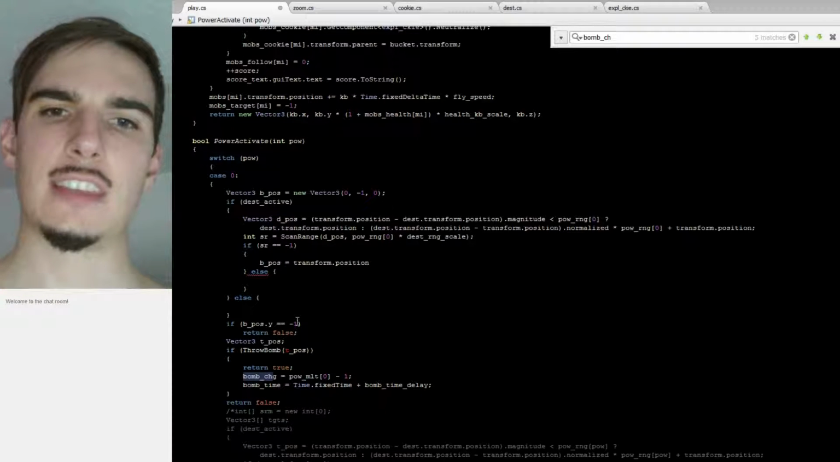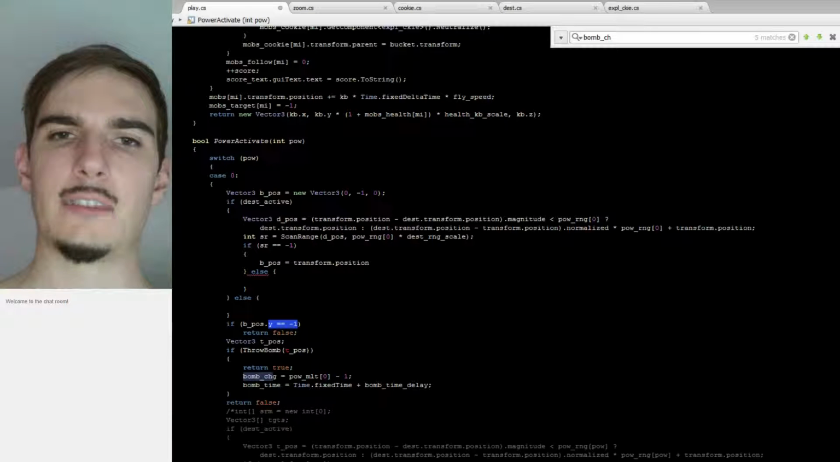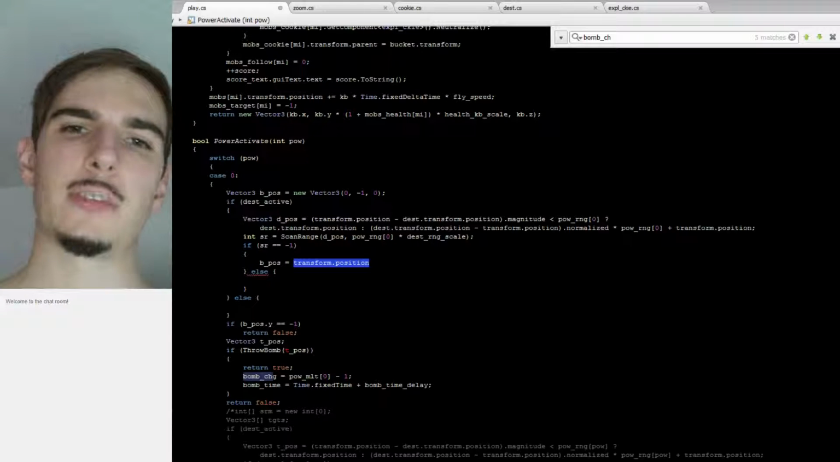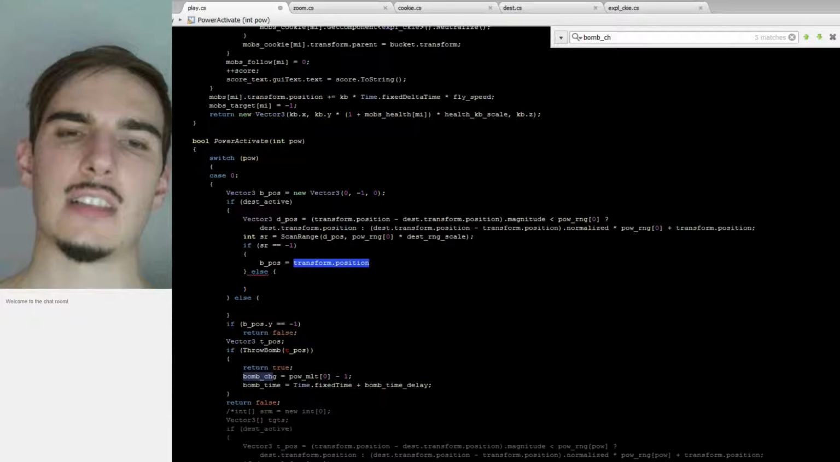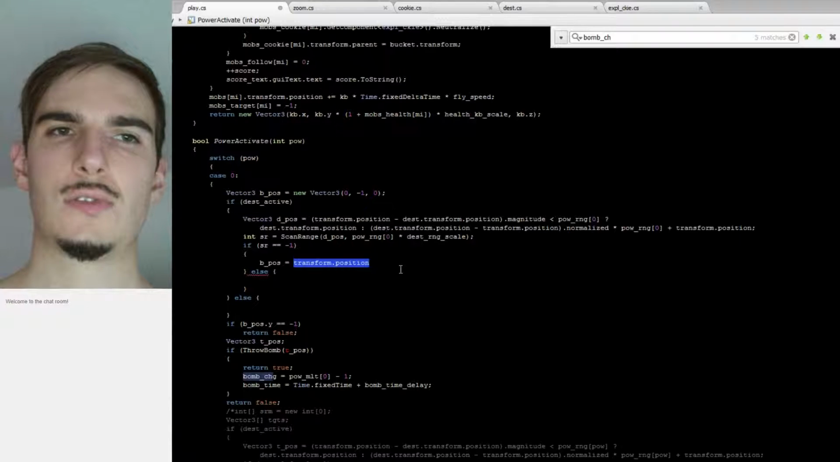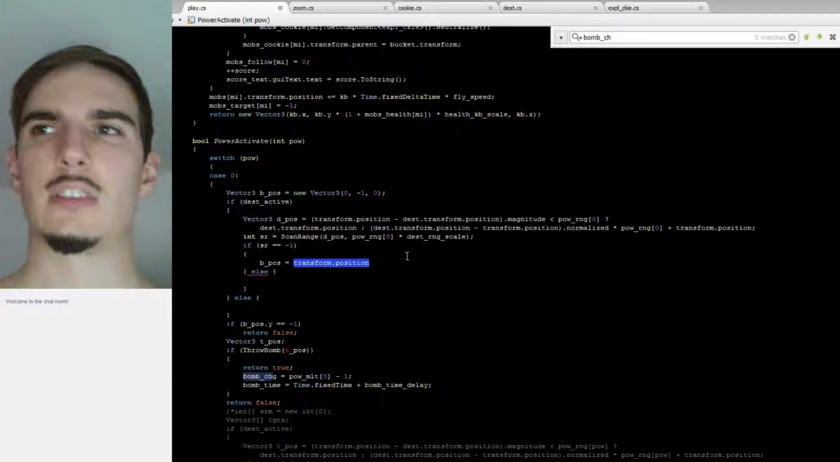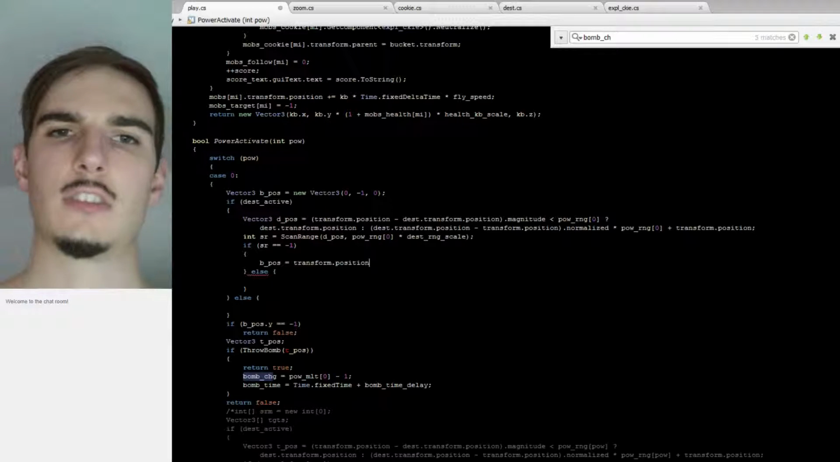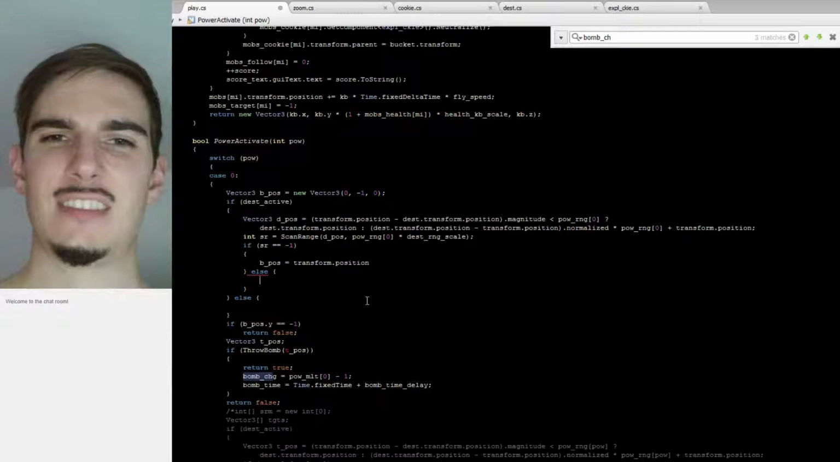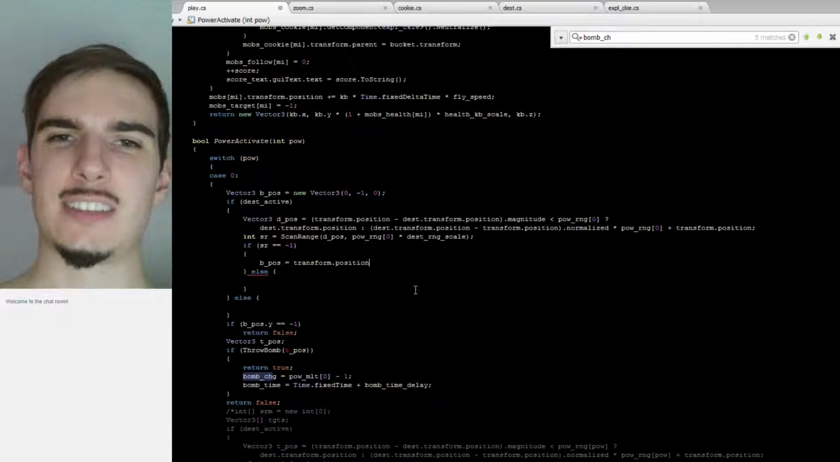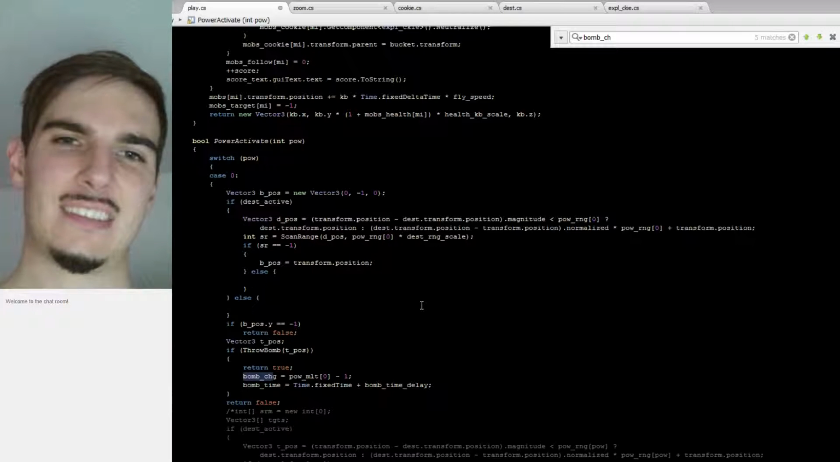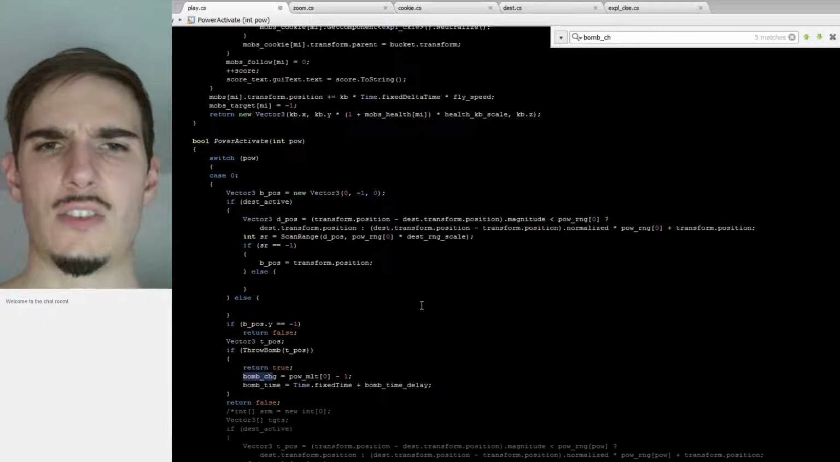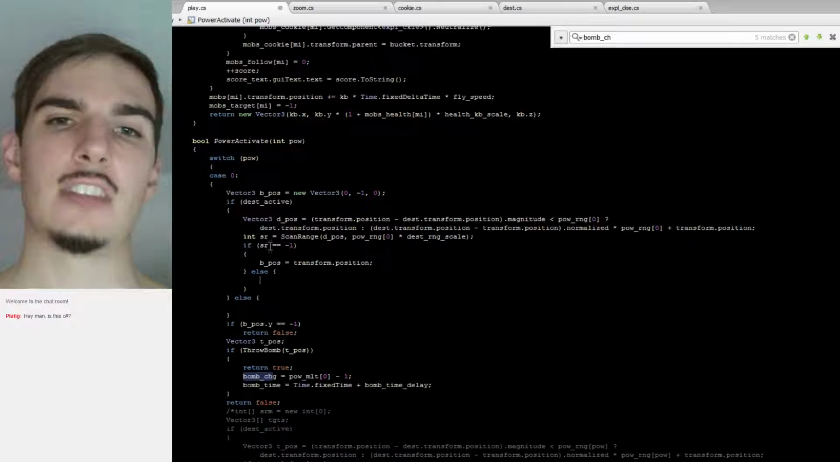So I said I was going to do that thing where y would never equal -1, but I'm just using transform deposition, and I'm doing that because transform deposition is locked to y equals 0. It doesn't change. If it ever changed, far worse things would be wrong than just this. So right, if scan range equals -1, then